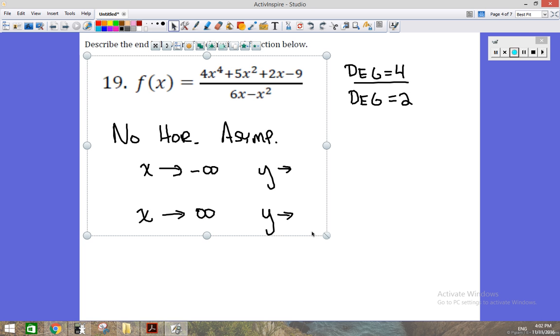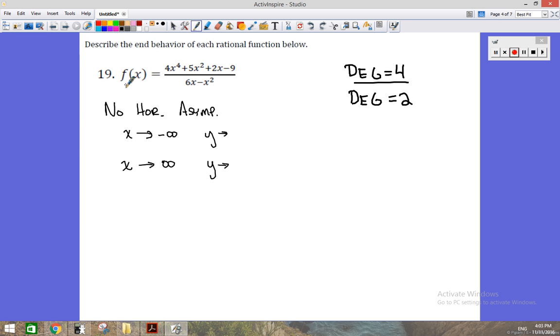So we can input extreme values into this function and look at the sign of the numerator and the sign of the denominator and determine the sign of the ratio. So if I plug in extreme values that are very far away from the origin, and in this case in the negative sense, in the numerator, I can ignore these lower degree terms because when I'm far away from the origin, this x to the 4th term dominates. So I am concerned about whether the coefficient is positive or negative, not really the magnitude, but this